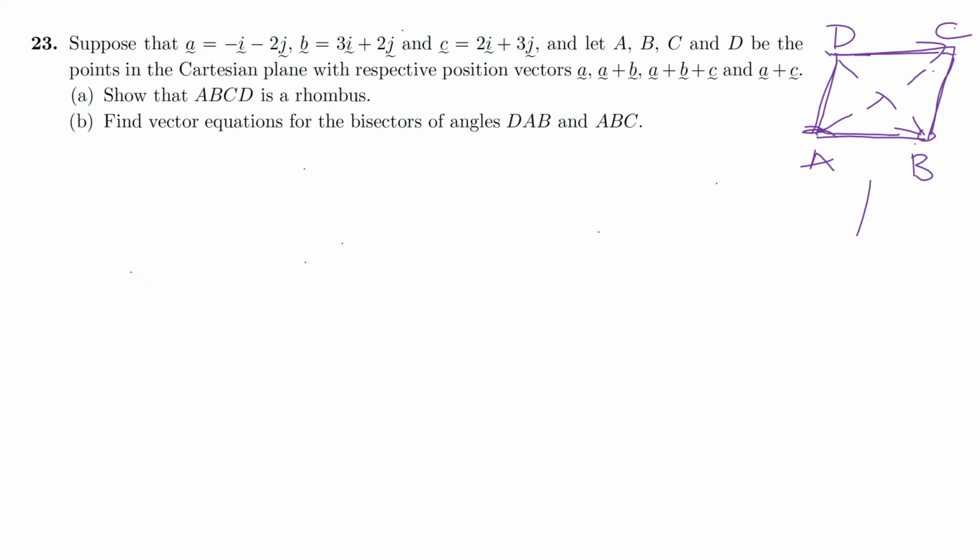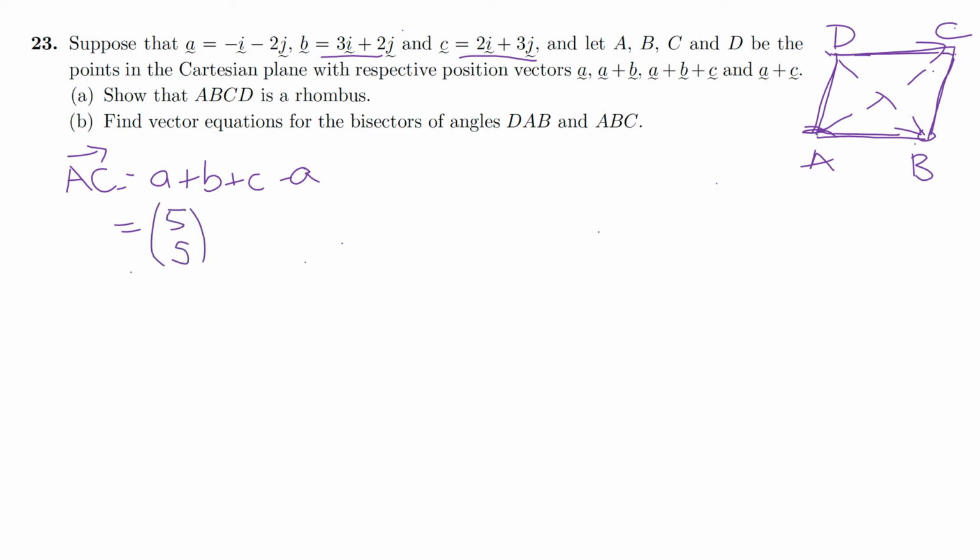And then the direction will be given by the vector AC. So to find AC, I'll do this one properly. We're going to take C and subtract A. So we're going to get B plus C. And if we look at B plus C, we will get 5, 5